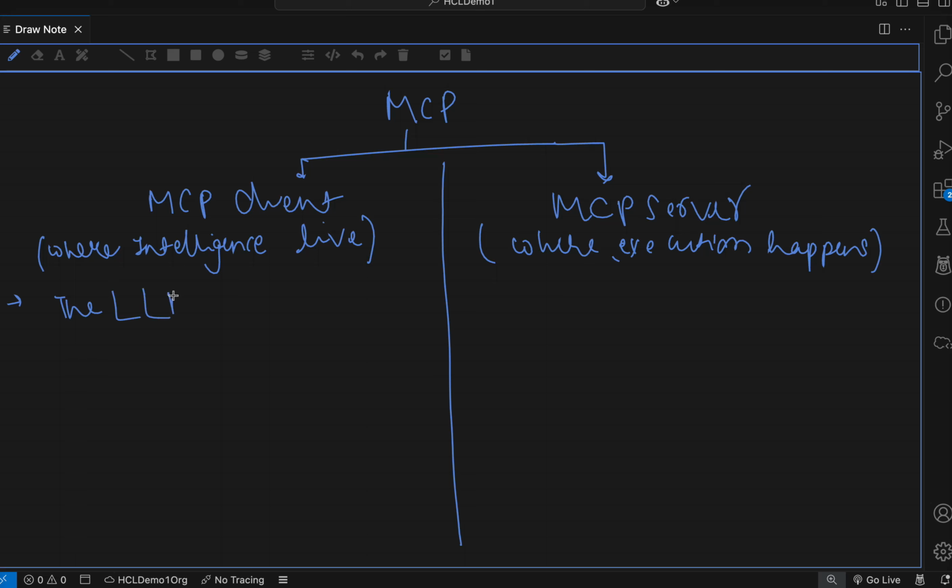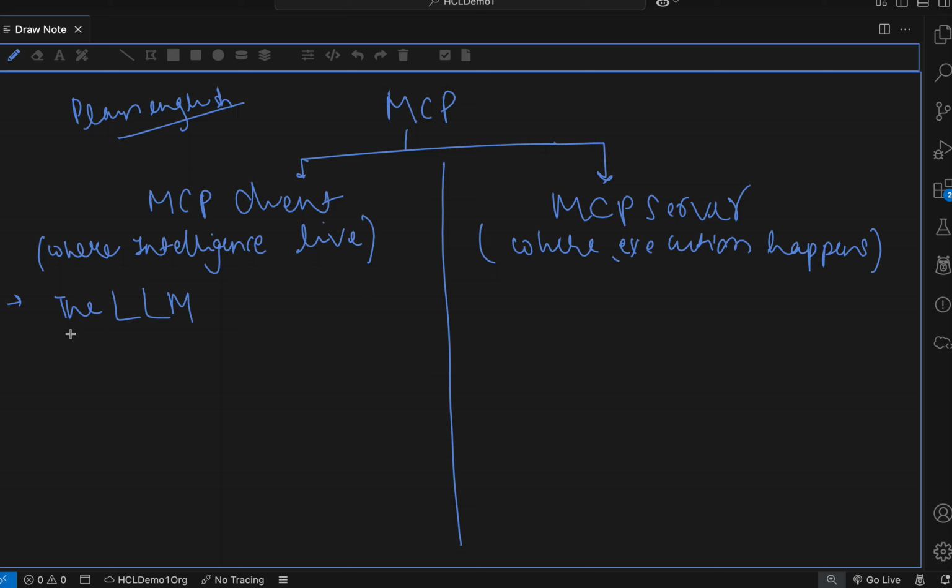The first and most important thing is the LLM. LLM is responsible for all the decisions that happen on the client's end. So typically users will write their instruction in plain English. Okay, so they'll write in plain English like create a new account or create a new user or create a new contact with this name and all those